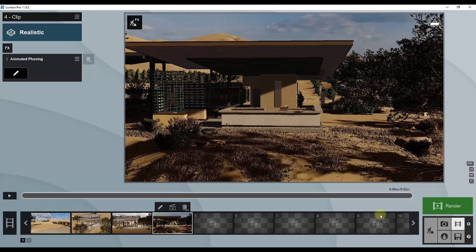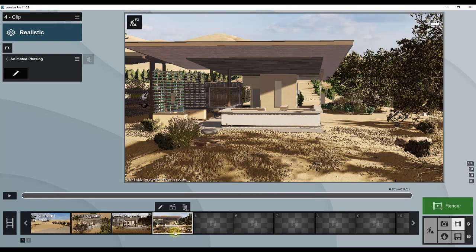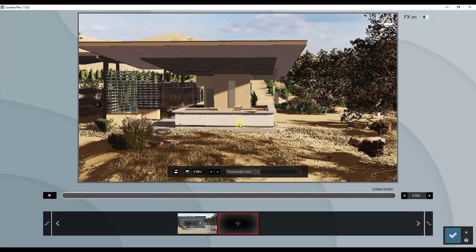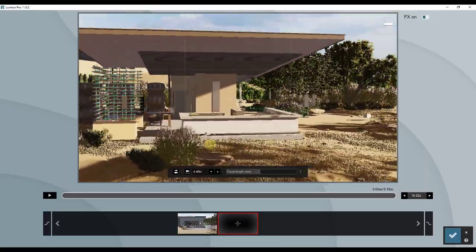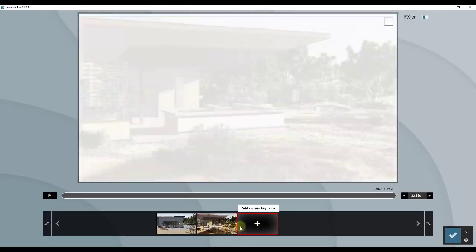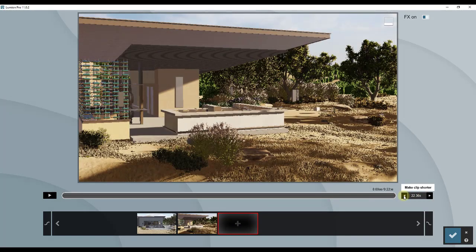So what we could do is click on Save Changes, then we would go back in here. And so note that our animated phasing is set up inside of our effects. We can control the camera location by using the Edit Clip function. And so what we want to do is, let's say, first of all, we want this clip to be longer, right? We want the whole thing to be, we'll call it 10 seconds. And so now, let's add another keyframe just by moving our camera and clicking on Add Camera Keyframe.